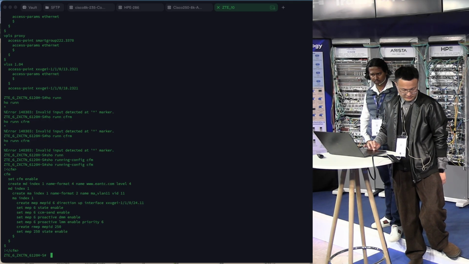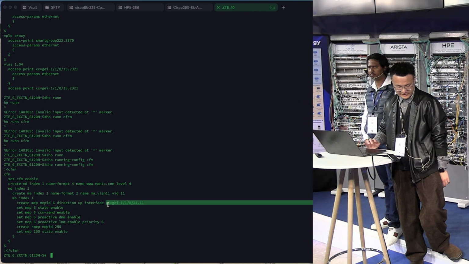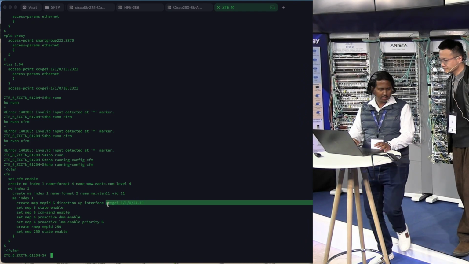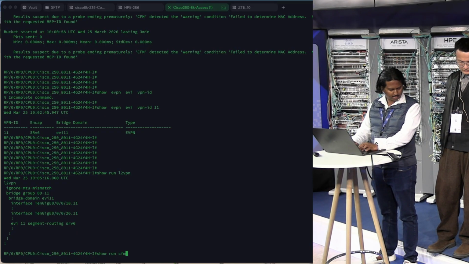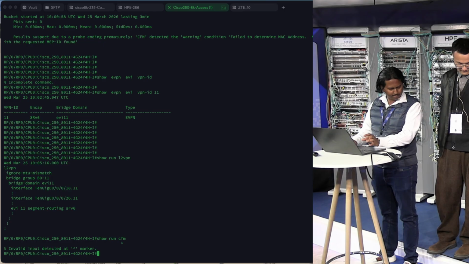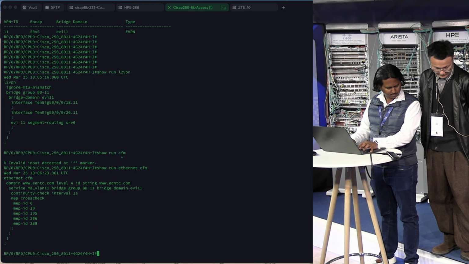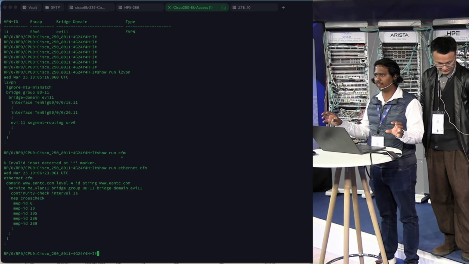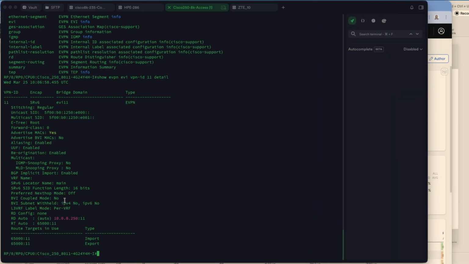This is the CFM configuration. We will enable CFM on the Layer 2 VPN user side client interface. Yes, great. So on both sides, when the orchestration is done, we see show run CFM for the deployment of the config. The same set of CFM config is enabled and orchestrated on the same set of endpoints. Here we are forming the RD auto, import and export across the same endpoints, and then using the unicast and the SRv6 locator, which is main in this case.